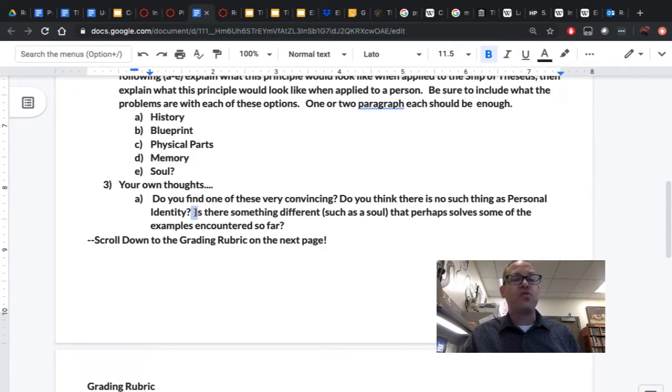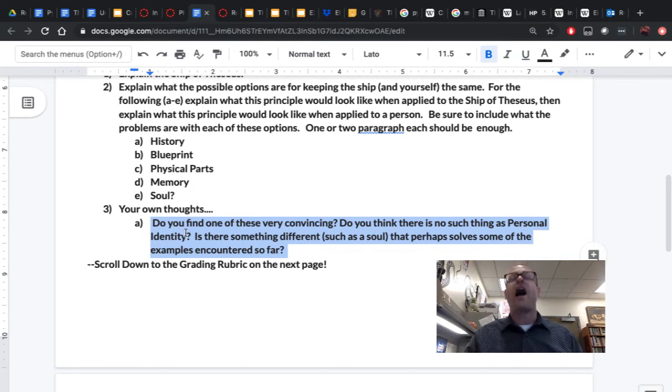You may feel that you want to discuss the soul a bit more. Maybe you find the soul a very convincing model. Maybe you don't. It's up to you. Now, I'm not grading you on what you think in this section. I'm just grading that you think. So it's important to me that you come up with some reflection. It does not need to be original, but it should be something that occurred to you while you were writing